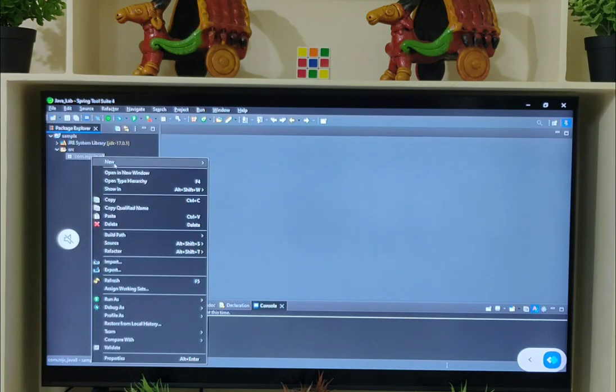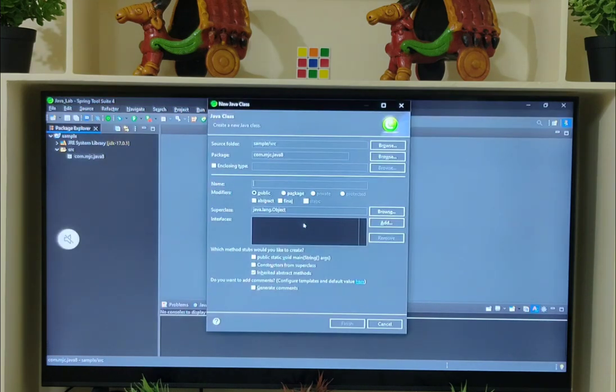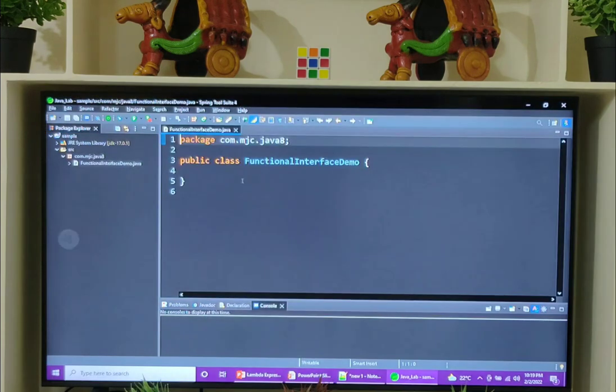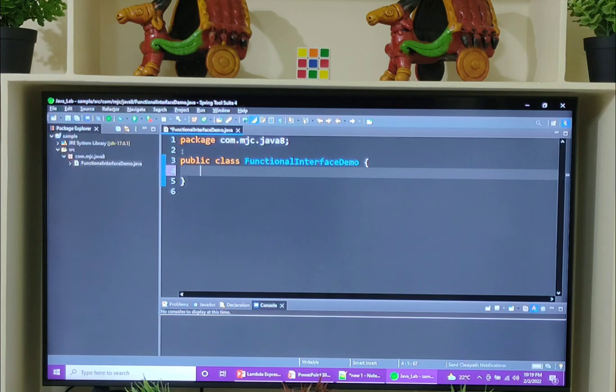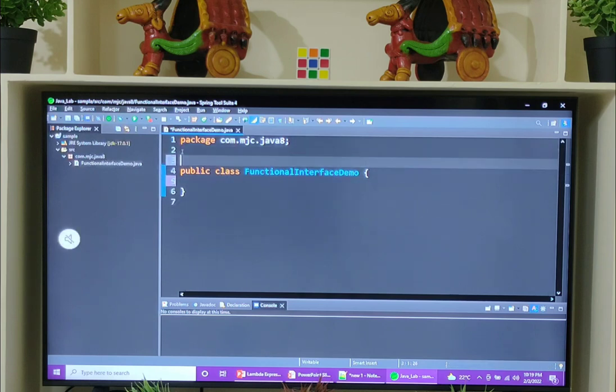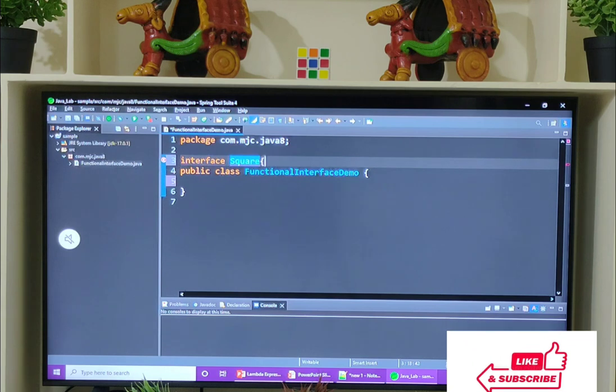So create one class, FunctionalInterfaceDemo. Before this main class, I need to create one functional interface. Interface Square.